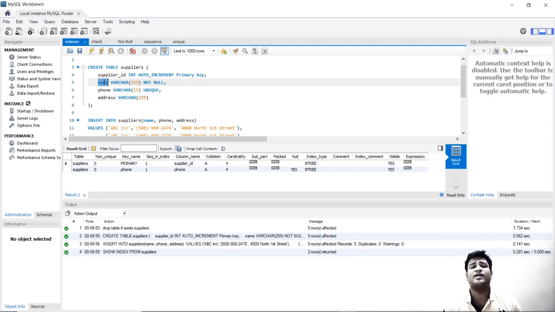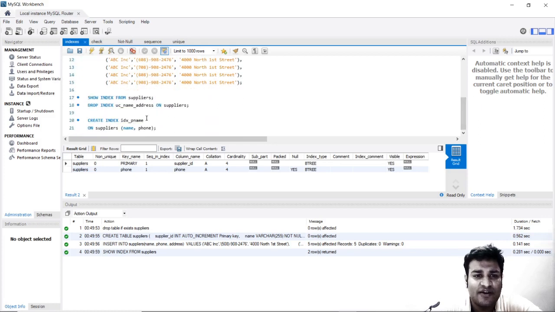It does not care what the values of other rows are. But when we say unique, it has to make sure that this particular value is not present in all the other rows. That's why we require a sorted form of that particular column, and the sorted form of that column is an index.